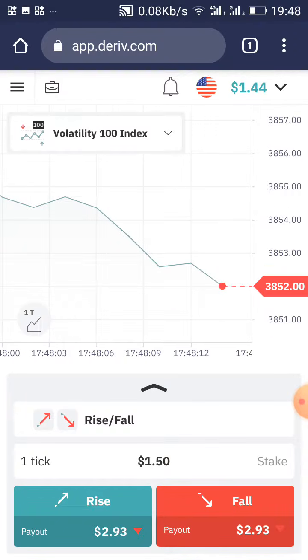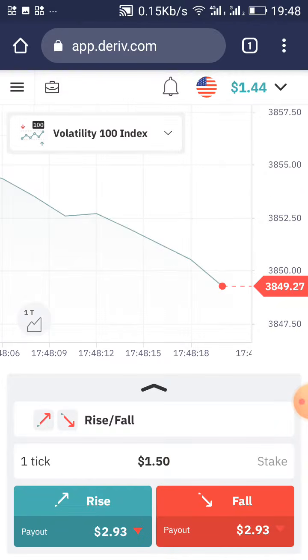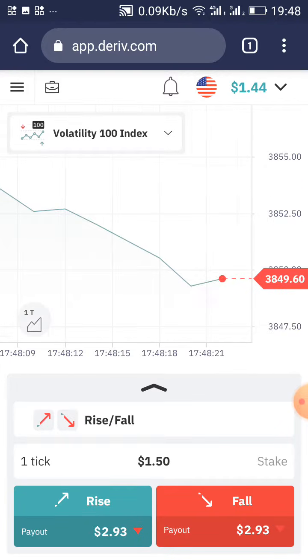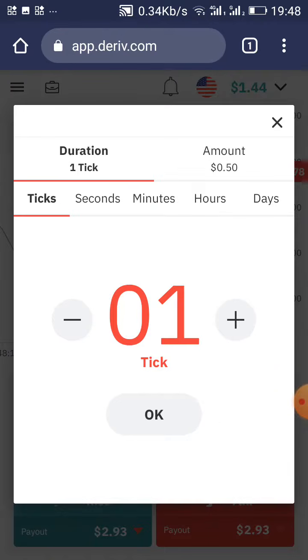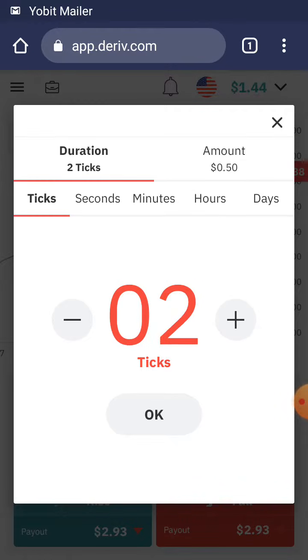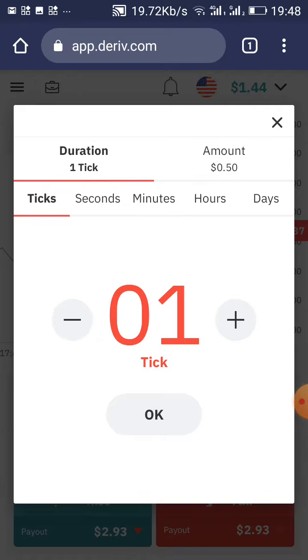After that, you are supposed to choose the duration, and you can quickly move to the bottom of the page where it is written 1 tick, and you can click there. For you to adjust the duration, you click duration 1 tick, and the red line must be under duration 1 tick. If you want to increase the duration, you can click the plus sign. If you want to reduce the duration, you can click the minus sign, and then you can click